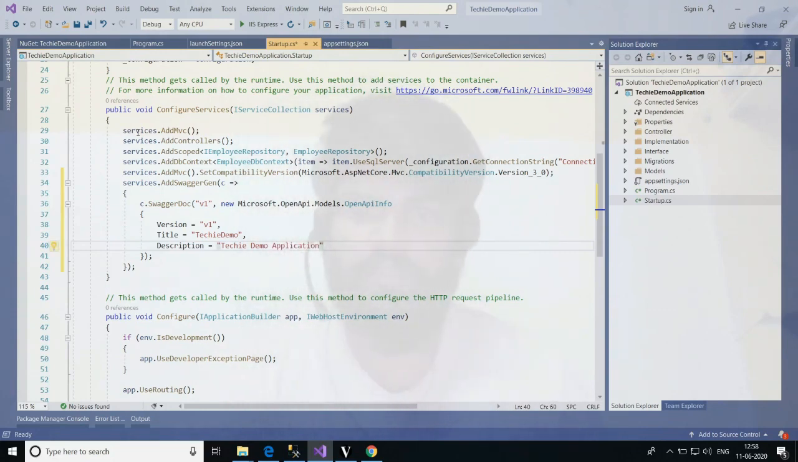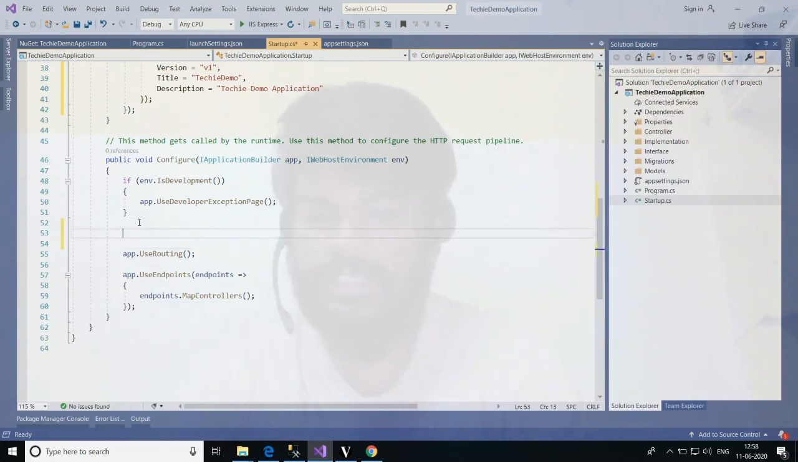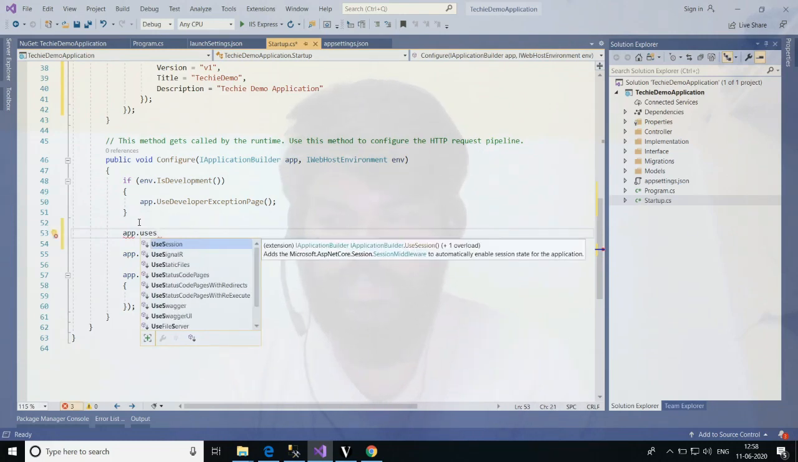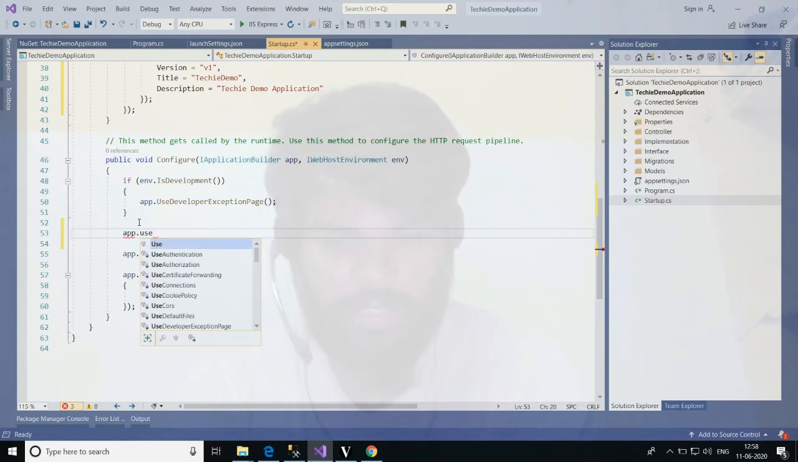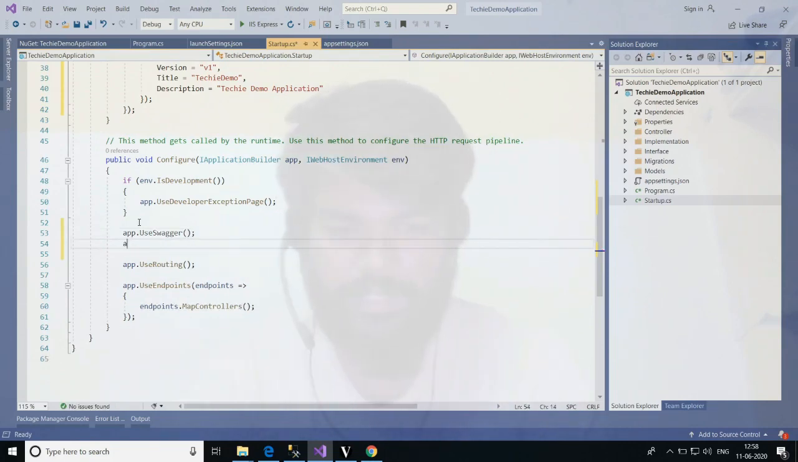And then we are done with this configure services method, and let's move back to our configure method. What we need to write here is app.use Swagger. It is already available here. And finally, what we need to do is add